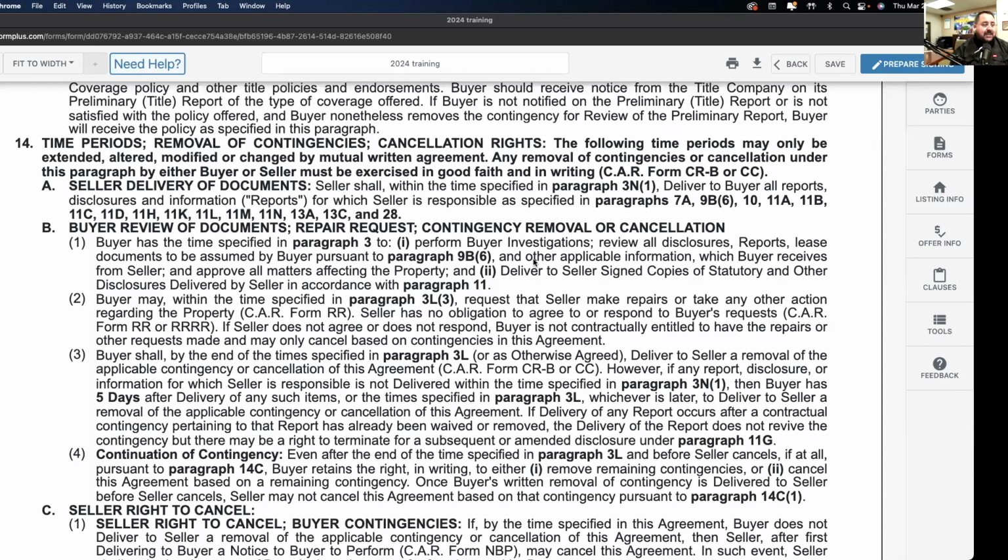Buyer shall, by the time specified in 3L, deliver to seller a removal of the applicable contingencies or cancellation of this agreement, like I just said. However, if any report, disclosure, or information which seller is responsible for is not delivered within the time specified in 3N1, then buyer has 5 days after delivery of any such items, or the time specified in 3L, whichever is later, to deliver seller a removal of applicable contingency or cancellation of the agreement. So